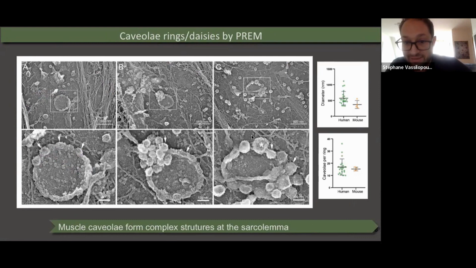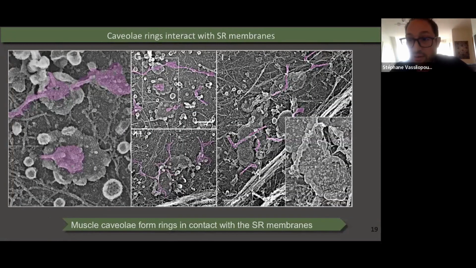And even more surprisingly, we had these rings, and then we had these membrane tubes that were reaching out at the circle at the center of the ring. So this was very interesting. What are these? And so, to make the long story short, these tubular structures that are reaching out and forming almost like a synapse with the center of these caveolin rings were nothing less than cortical endoplasmic reticulum, which is